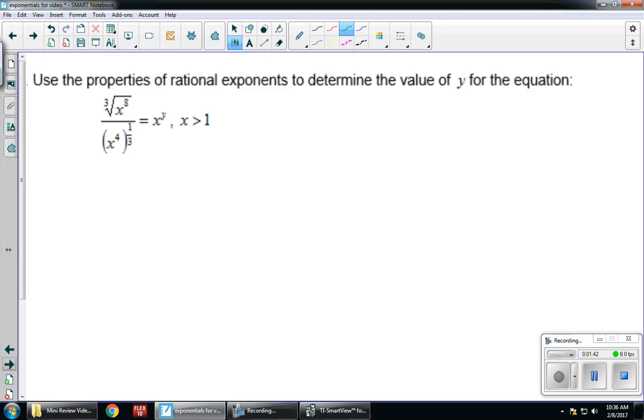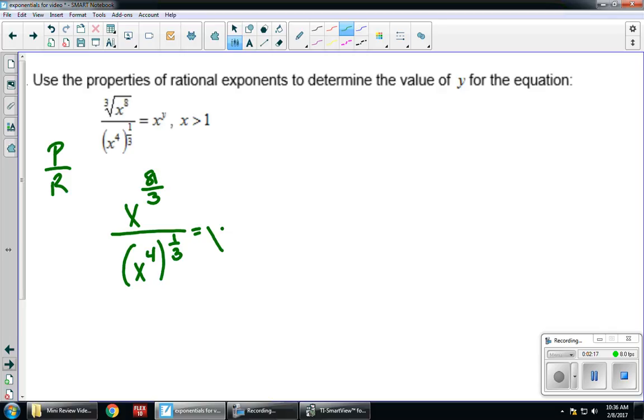Here's another example. Use the properties of rational exponents to determine the value of y for the equation. So I have the cube root of x to the 8th divided by x to the 4th to the 1/3 power equals x to the y. And then it has that x is greater than 1. We don't need to worry about that. We're only looking at the equation. So I'm going to start with my numerator. Once again, I'm going to use power over root. So this is x to the 8/3 power